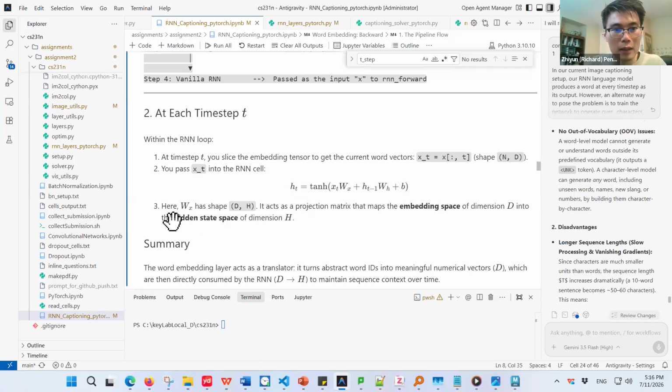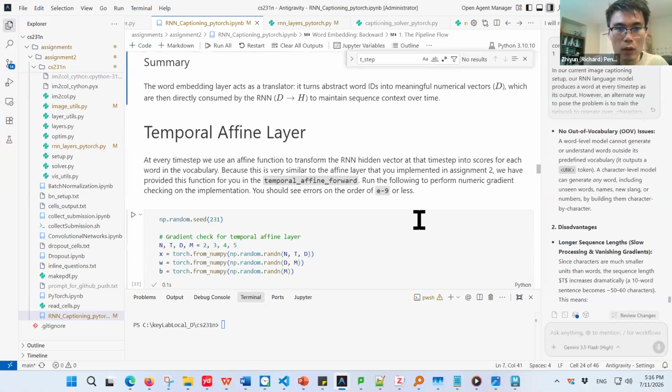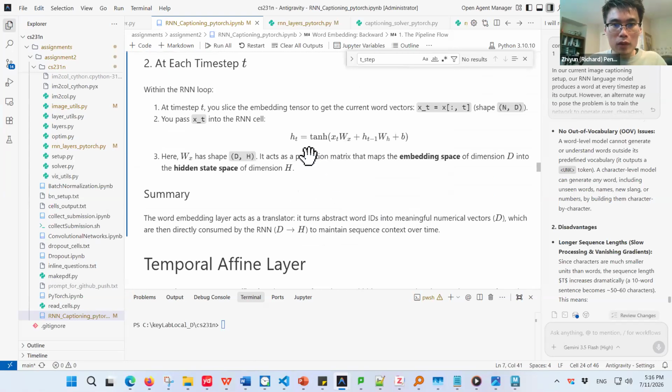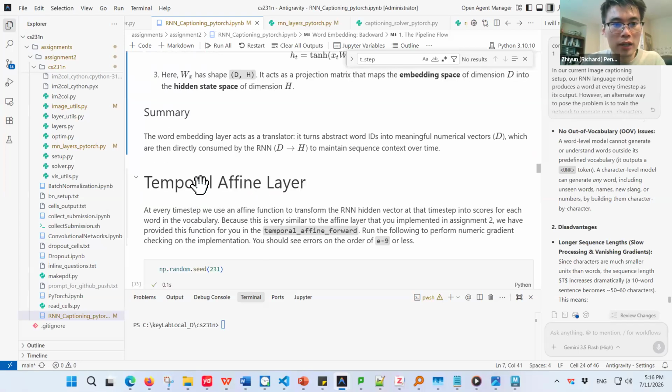We pass this xt to this equation we have implemented before. We got the w x d into hidden dimension h. The dimension of d, we can check out the previous process. It has been written there. Summary: the word embedding layer acts as a translator. It converts abstract word IDs to meaningful numerical vectors D, which are then directly consumed by the RNN to maintain sequence